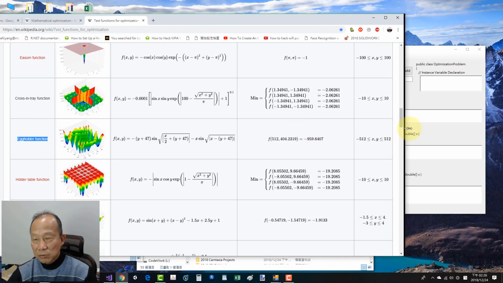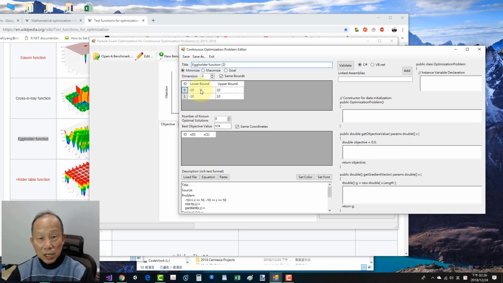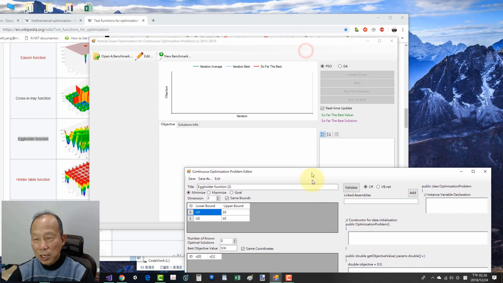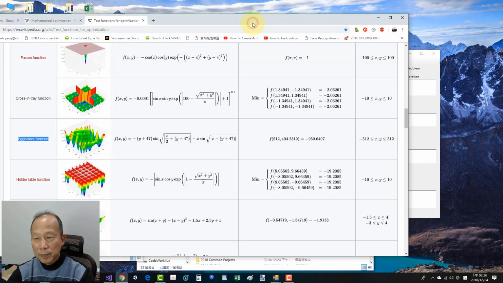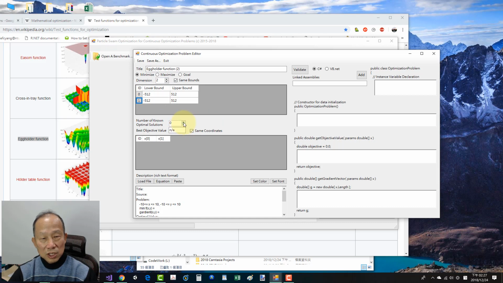The range is minus 512. Okay, so x is minus 512. Since they share the same bound, it's okay. The system will automatically update the lower and upper bound for you. Dimension is 2, minimization. Is there any non-global optimization solution? Yes, we have one, and the objective